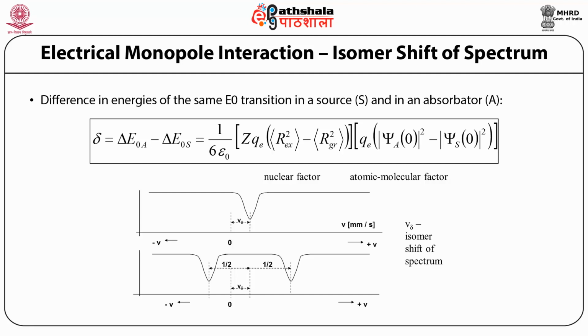So basically this isomer shift, which is the change in energy of the observer and source, is due to the different environment of the core of the nucleus, which is directly linked with the radius of the excited state and ground state. Further, it is nuclear in character. This is very important. This isomer shift, which is linked with electric monopolar interaction, is nuclear in character and is directly linked with the s electron charge density.